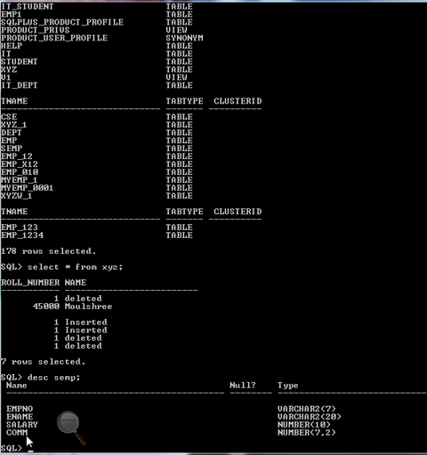Okay, now let's update. Alter table SEMP, add constraint, name of the constraint.